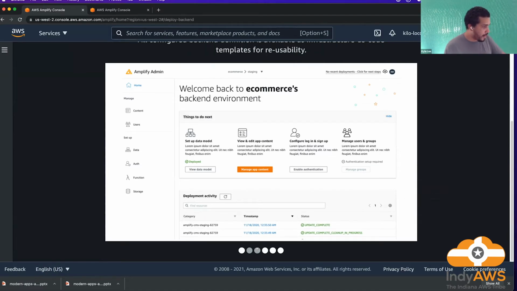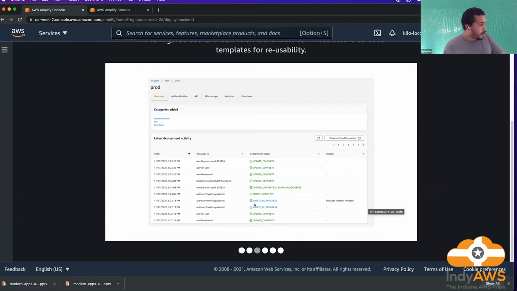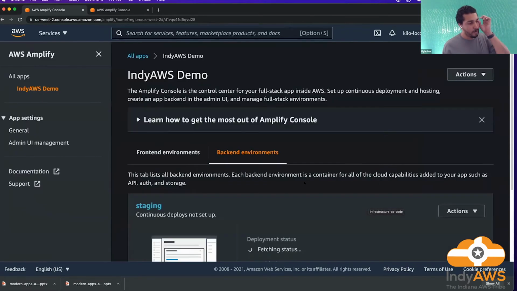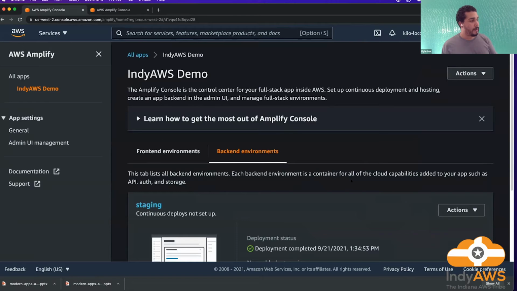So there's that. We also have some of the logs. So if you're interested in knowing what's going on with your Amplify resources, you can actually see the deployment status on the different resources that are being spun up. And you can actually view all of this in CloudFormation, because it uses CloudFormation in order to set up a lot of this stuff. I believe you can work with CDK. I've never worked with CDK before, but you could also do something very similar with CDK.